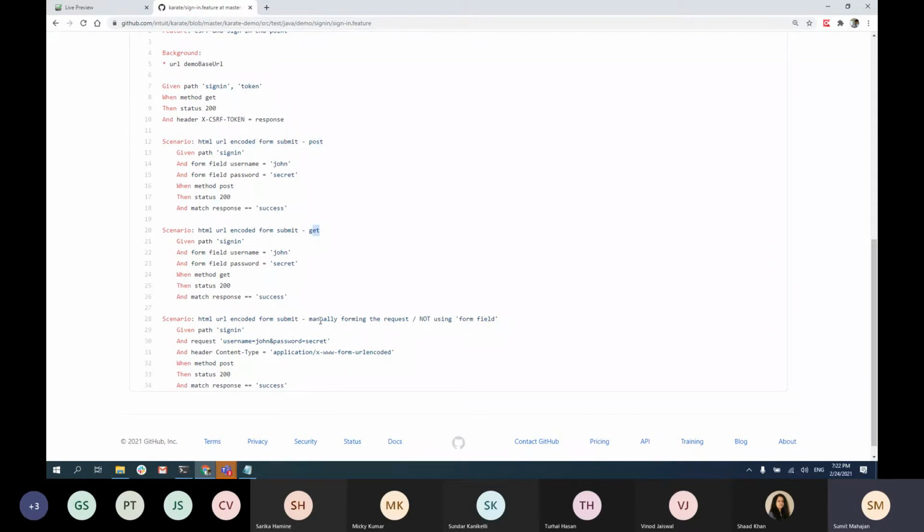And then you're manually creating a form request, right? And not using the form field. Otherwise, let's assume this is your form field, which is basically your body. So you are not basically creating any JSON request. If you only provide the form fields, it's going to create that JSON body by itself.